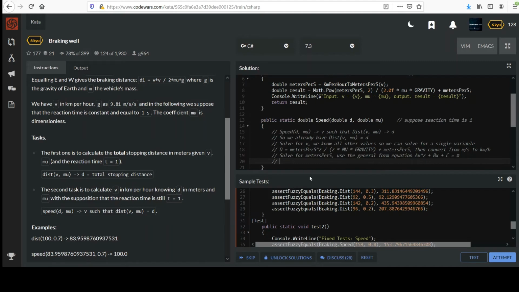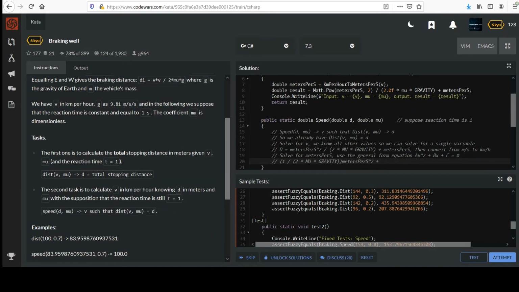In that case, we would have 1 over the quantity 2 times mu times gravity, right? You can think of it as 1 over that times, I'll just write it right next to it. Maybe that will look more coefficient-like. I'll group it all together so it looks like a fraction. This would probably look better if I wrote it out by hand, but I don't have anything handy to do that. So we'll have meters per second squared. So can you kind of see how this is the a term now? Ax squared